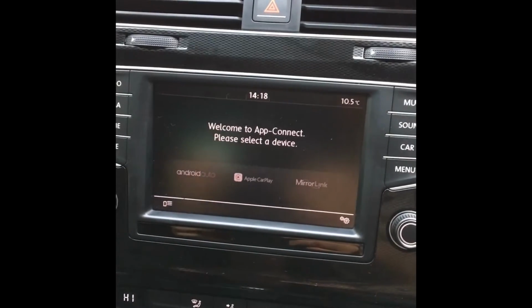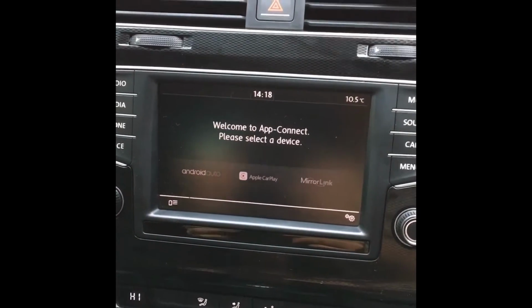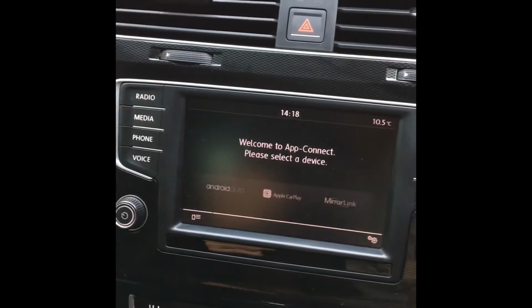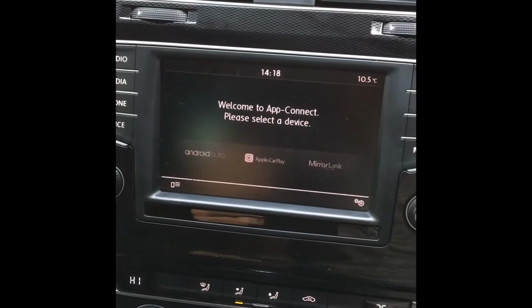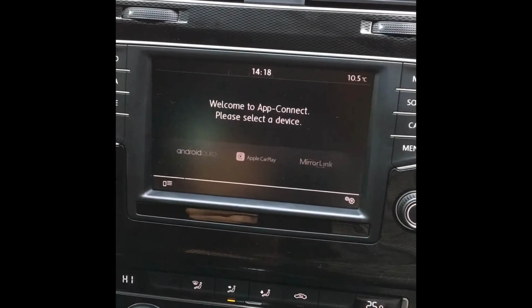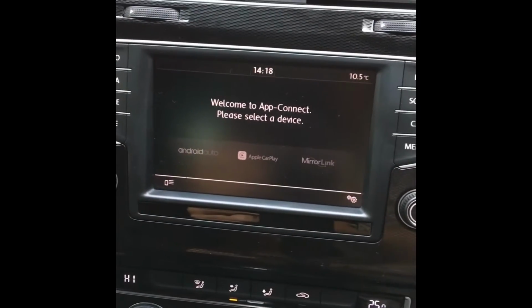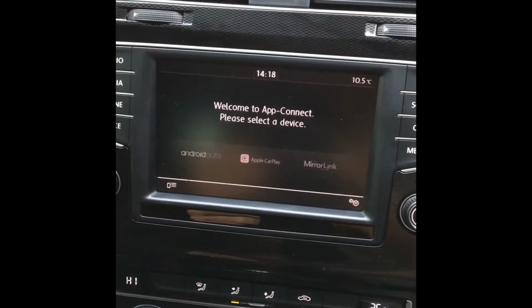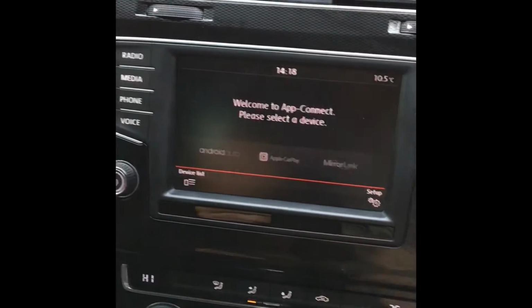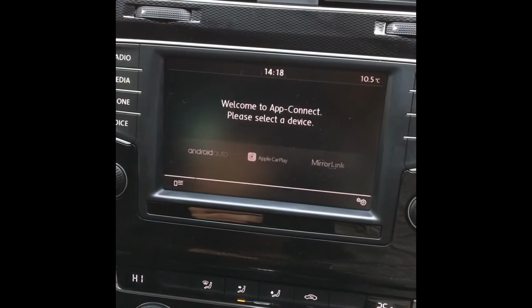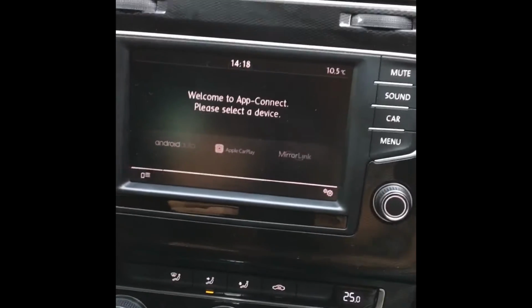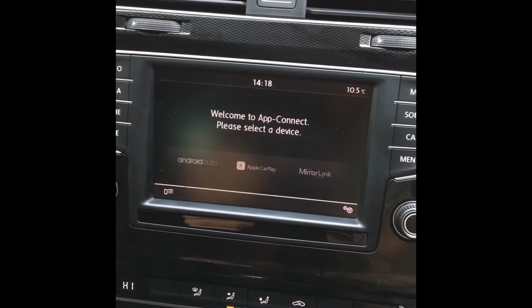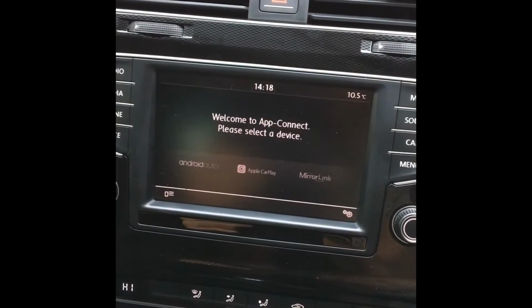Today I'm actually using a Golf GTE and Volkswagen have basically invented this cool thing called App Connect, and App Connect allows their cars with USB interfaces and a certain type of stereo to use Android Auto, Apple CarPlay and MirrorLink as shown on the screen here and here. So nothing special needs to happen to use one over the other. It's just a case of connecting a device, and App Connect then senses the correct device and starts up the